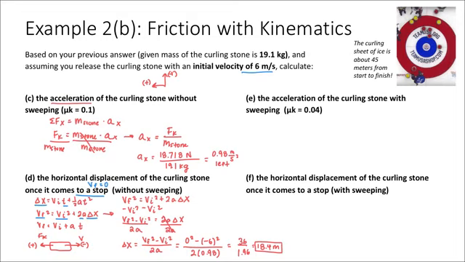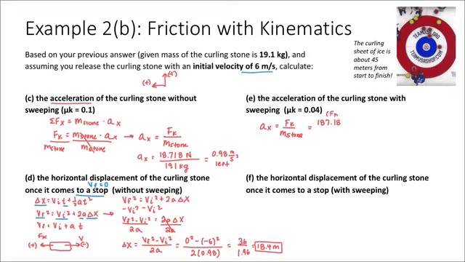Okay, so let's now take a look at the acceleration of the curling stone with sweeping. Nothing changes. My expression is the exact same. The acceleration is still the force of kinetic friction divided by the mass of the stone. None of our forces or interactions have changed, just how strong the frictional force is. That's actually going to be equal to that 187.18. This is my Fn,